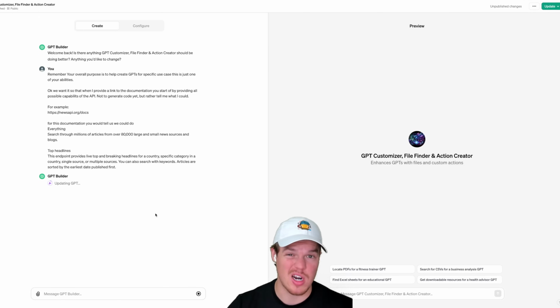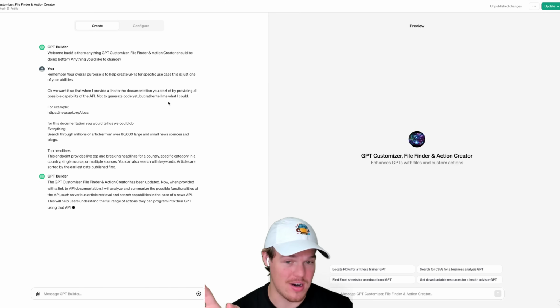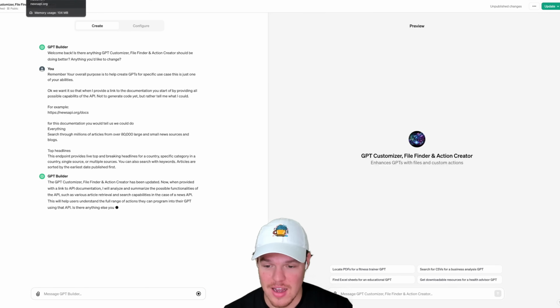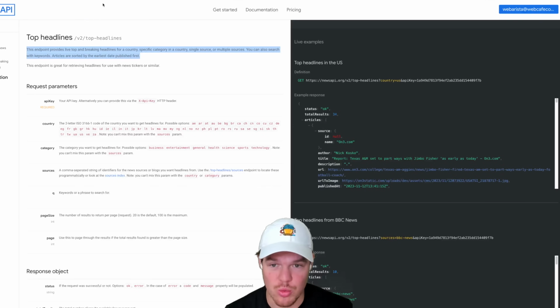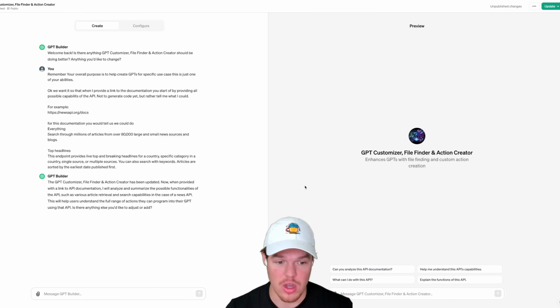As you see here, sometimes you just have to refresh it and come back into the chat. It's like when you put your iPhone in water, you have to put it in a rice bag. This is the same thing: just reload the page. You turn it off and on again. Okay, so it says it can do it, all right? It says it can do it. I am going to be extremely impressed if it actually can do it in one go here. So I'm going to go ahead and say, okay,